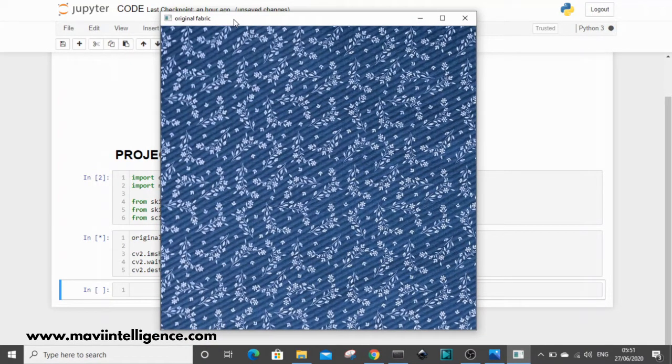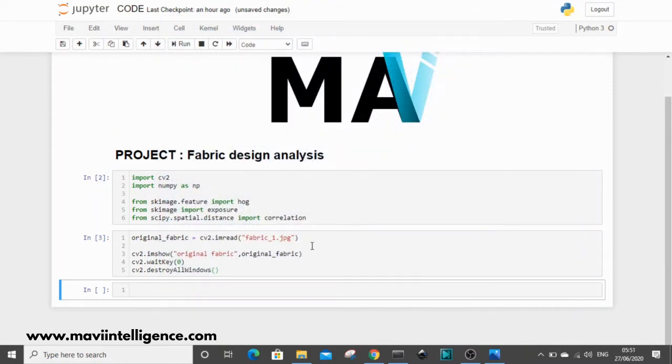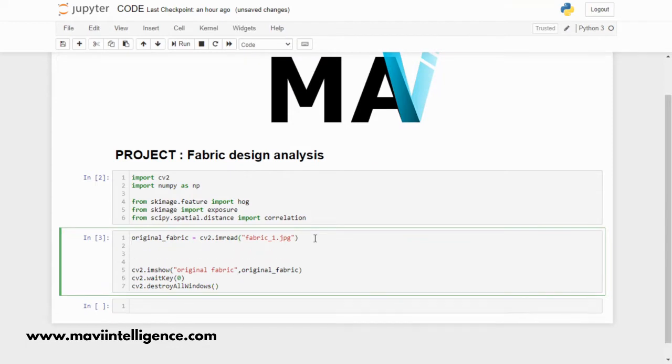Now we have to implement a hog pattern analyzing feature. So just start with applying the function. First we have to grab the dimension of our fabric image. So height, width, color equal to original_fabric.shape.